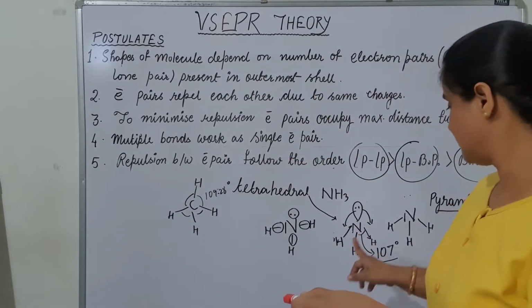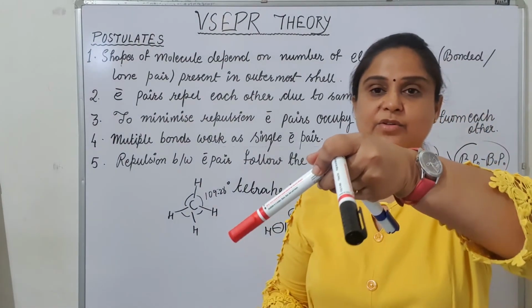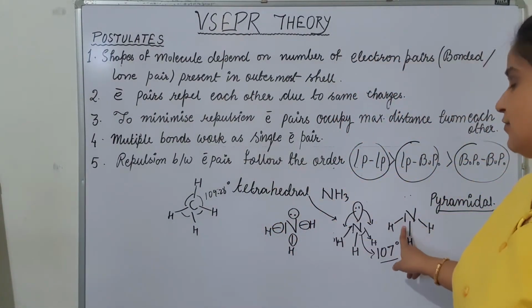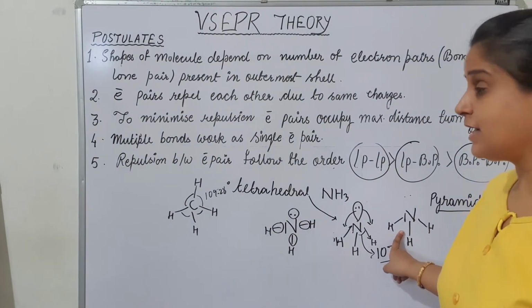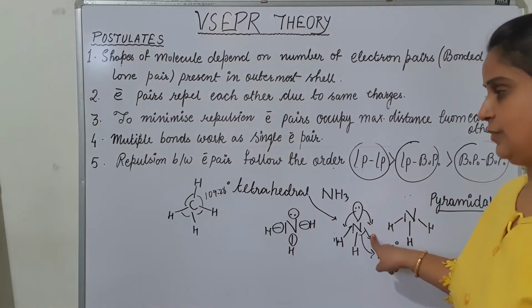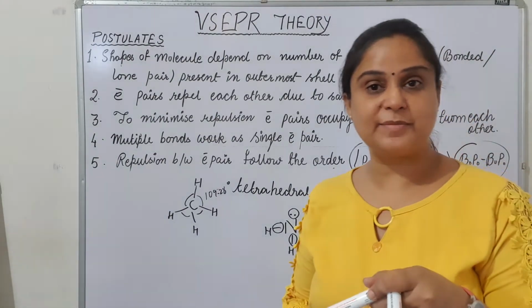Okay, and this shape is what? Pyramidal. Can you see there? Can you compare it with the pyramid? So it's a pyramidal shape, and this pyramidal shape is for the ammonia, and the reason behind it is the repulsive forces between the lone pair and bond pair. I hope you are understanding how the shape is changing.